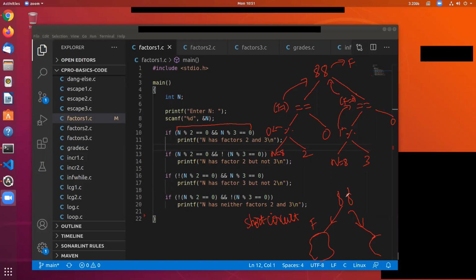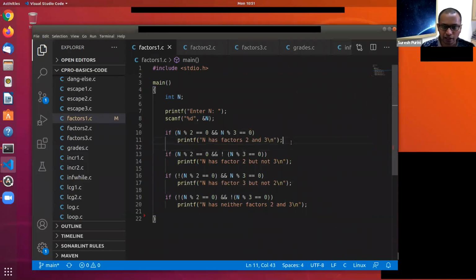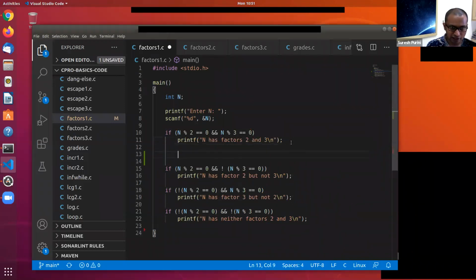Sir, am I audible? Yes, Jatin. Sir, if on the right hand side of the and we had used something like n plus plus, but the left hand side was false, would the compiler not have carried out the n plus plus on the right side? Good question. Thanks for asking that question, Jatin. So I'm clearing all my stuff here. Let's come back. So the question that Jatin asked is this: